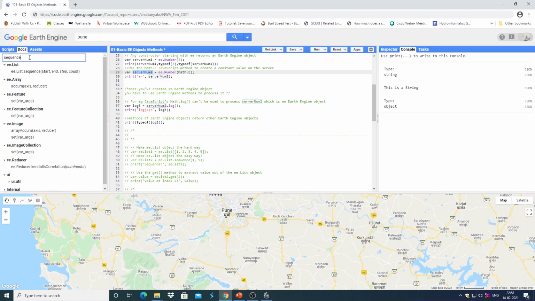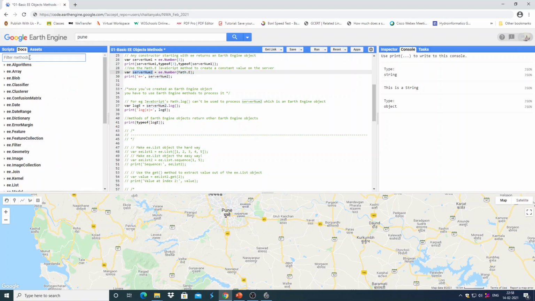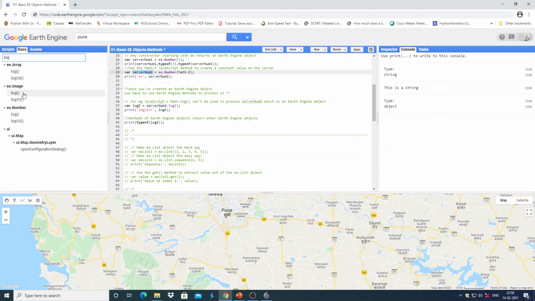Now dot log is an Earth Engine method. You can search for any Earth Engine method here to know how it is used. It computes the natural logarithm of the input. The input here is server number 2, which is Euler's number. The log of Euler's number is nothing but 1, but this 1 is not of data type number, because it is the returned value of an Earth Engine method.